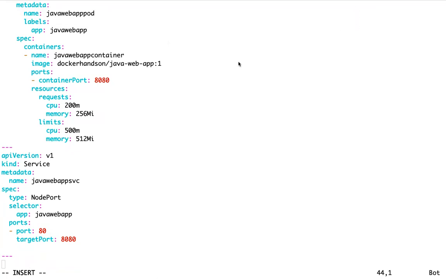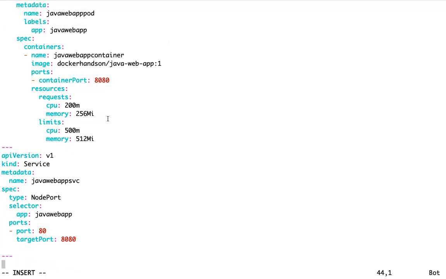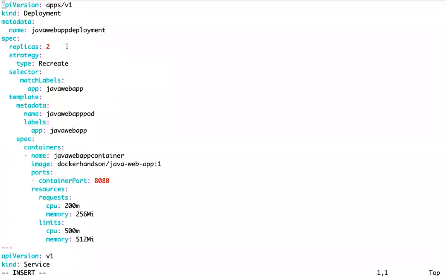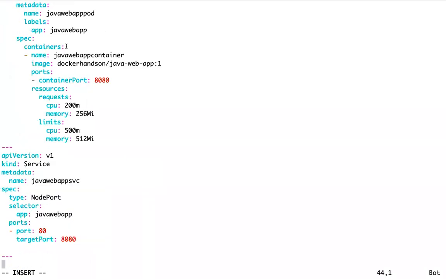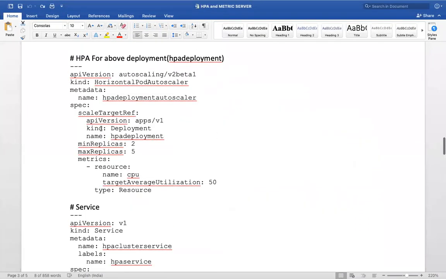When there is a lot of load on this application, what object needs to be created so that it will scale up and scale down these pods? Guys, am I audible? So what object needs to be created for this one? That is HPA.